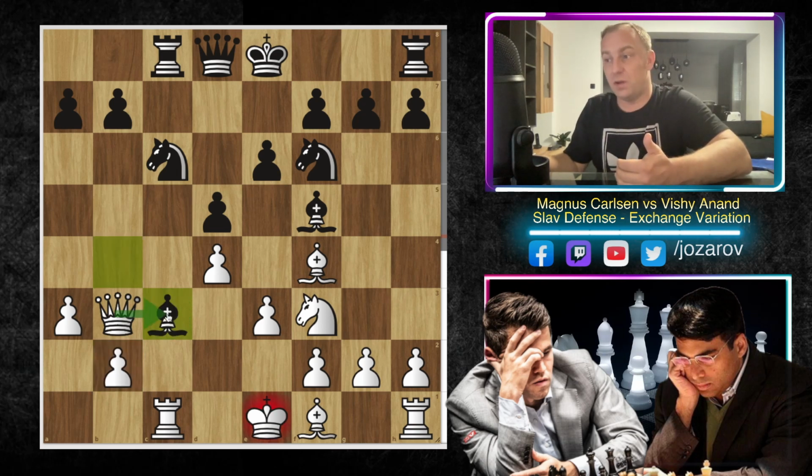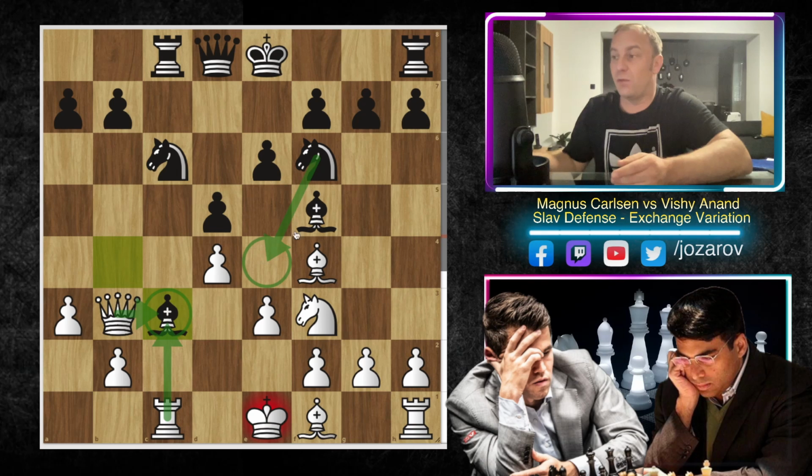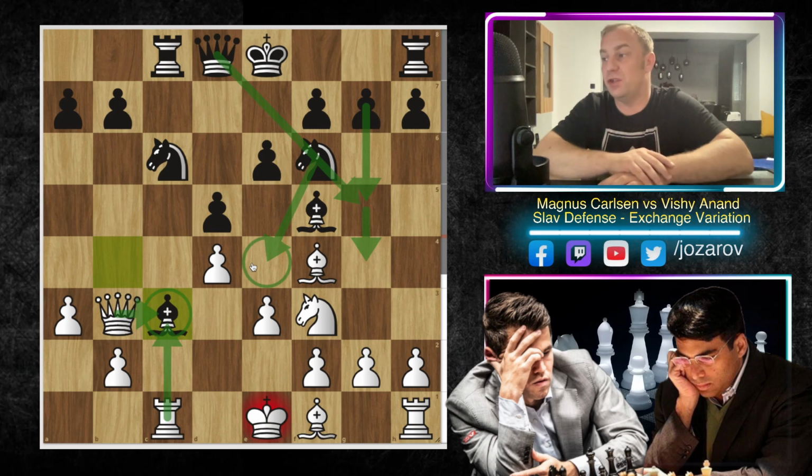If white takes now with the queen or with the rook, then of course with the move knight to e4, black gets an extra tempo against the queen or against the rook, and still a great knight, perfectly fine here centralized. Then of course with some g5 and then g4 ideas, you see the queen and the knight would then support here the g5 square.